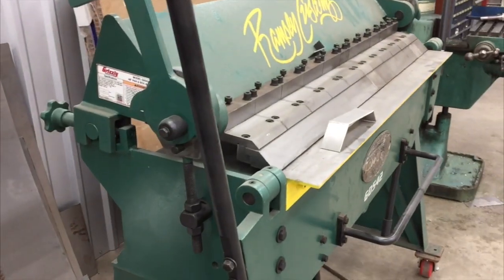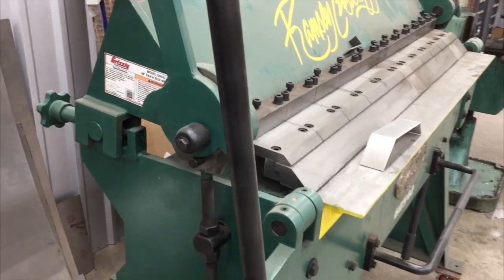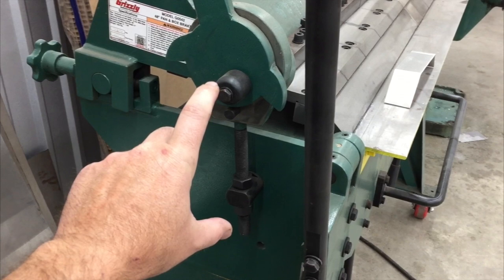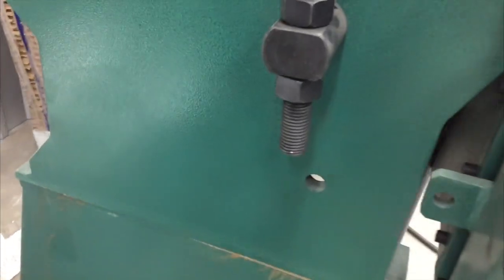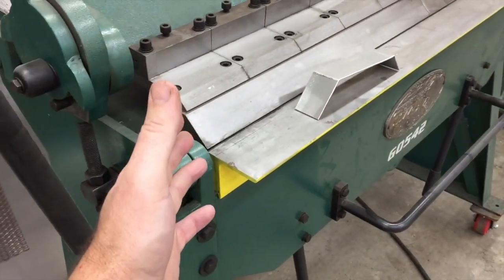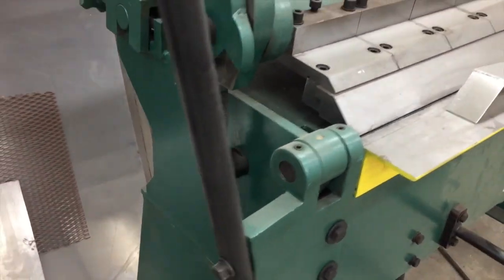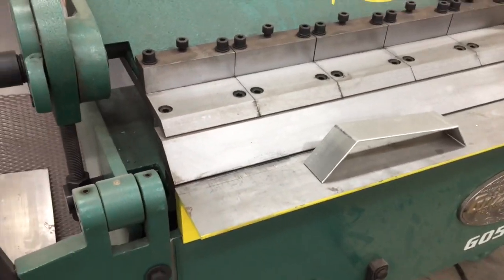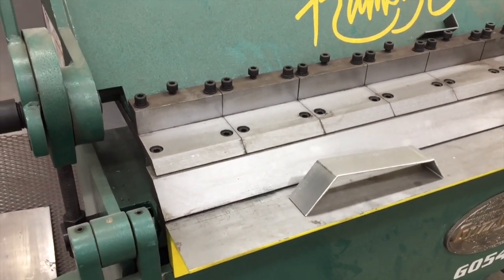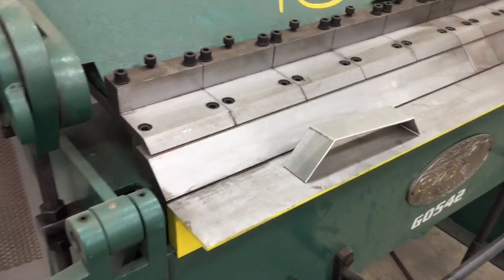All right, so I just wanted to show you this real quick. The two adjustments that determine how tight the radius is on the bend are this adjustment here, which has a nut down there on some threads that you can loosen and tighten, and it allows this bar to clamp down either looser or tighter depending on how you have that adjusted. So if you have thinner material, you want to have that adjusted down so you get a tighter clamp on it, and that affects how tightly this is held in here,